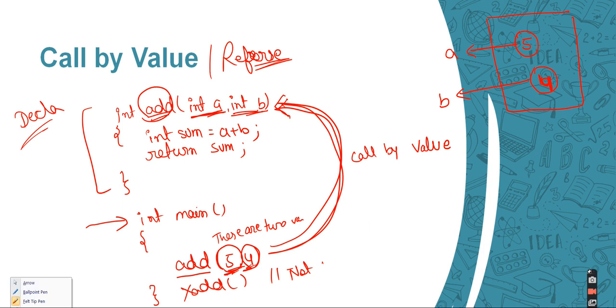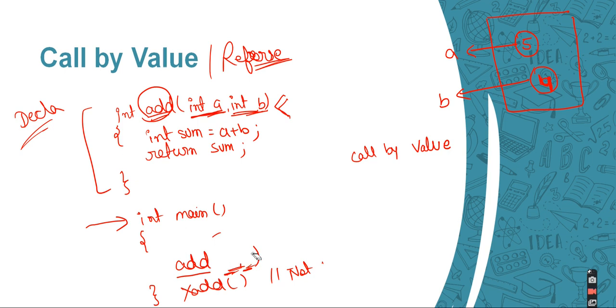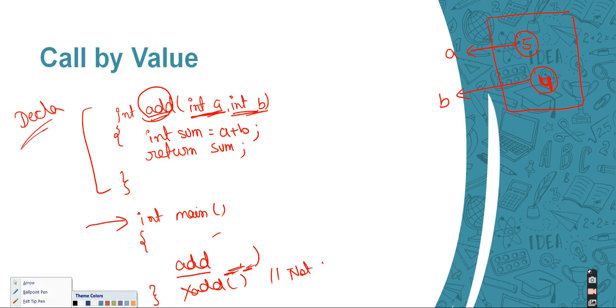Now what is passing by reference? Instead of calling with 5, 4, let me just remove everything from here. Instead of passing by value, we can pass by reference. What is reference? Let's suppose I want to come to your home, what do I need?